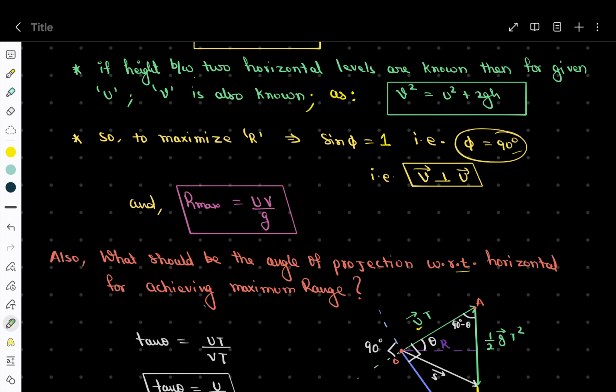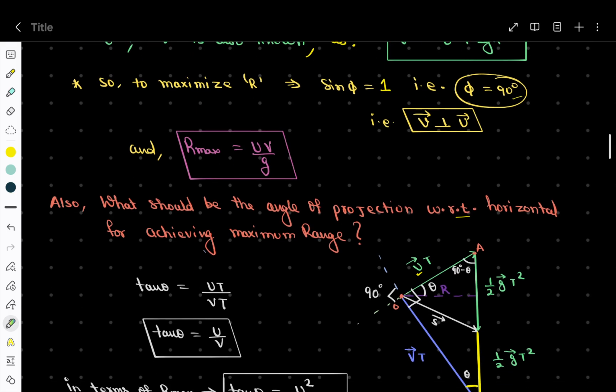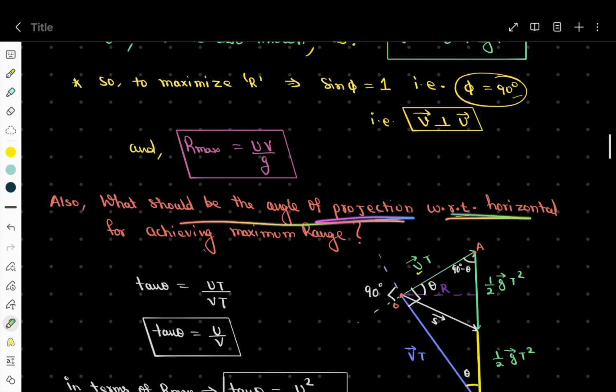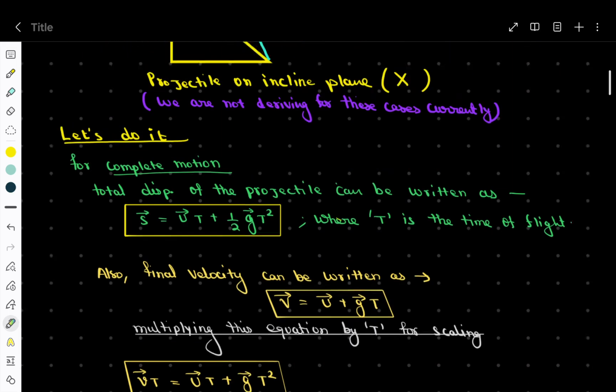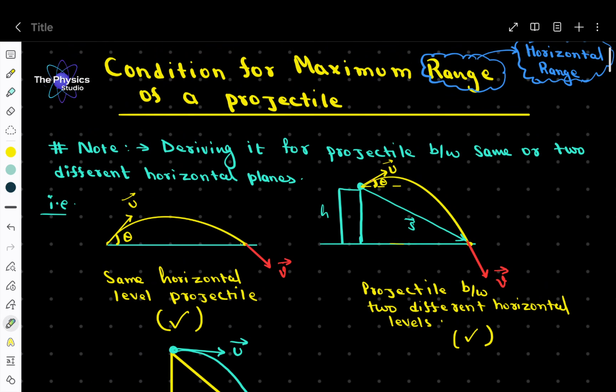Okay. So we have derived the condition as well as the value of R max. But the next question is, what should be the angle of projection with respect to horizontal for achieving maximum range, right? What should be this angle of projection if we really want to get the maximum range? So for this, what I am doing,